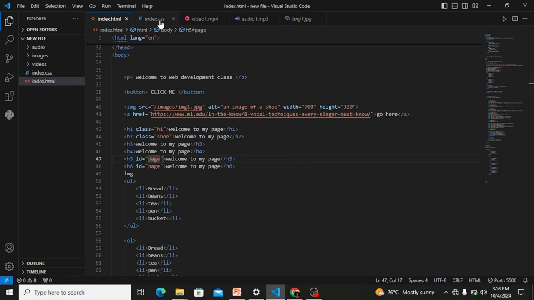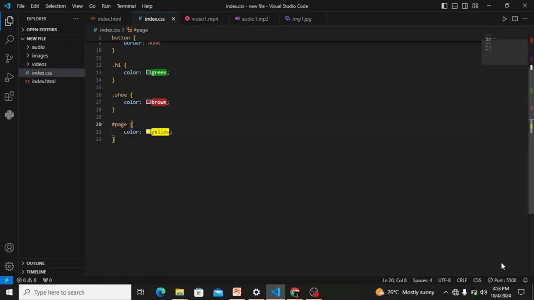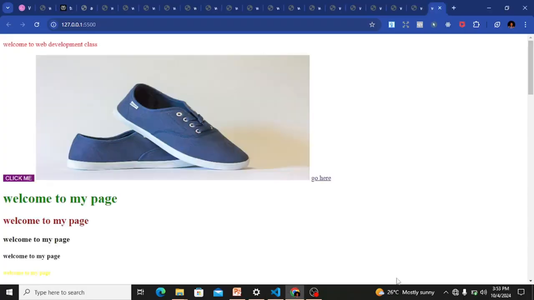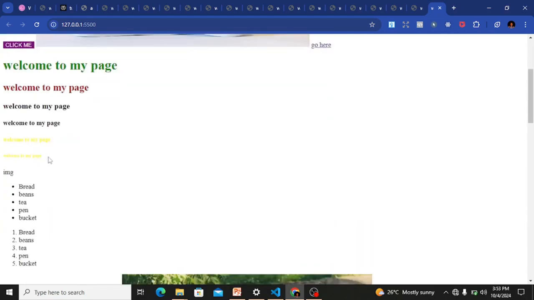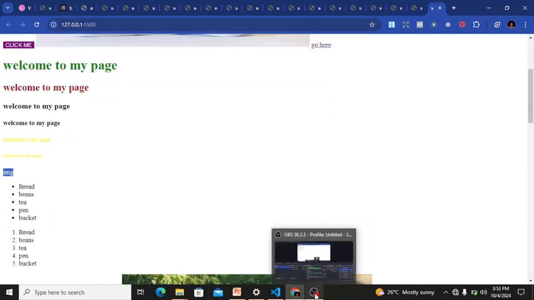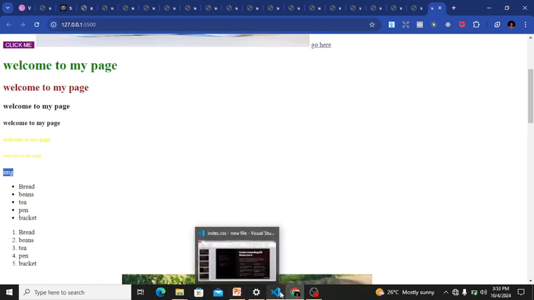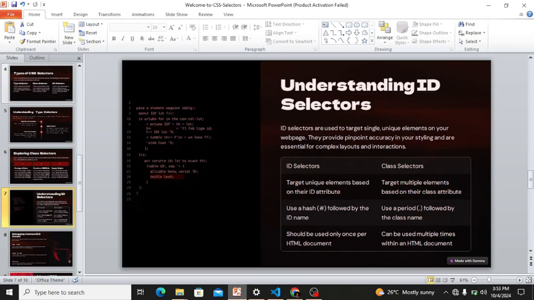Control save. Now let's see what actually happens when we do that. Let's go live and refresh our browser. Now see what happened. Can you see what just happened here? Good. So please guys, take note of that. Going forward,